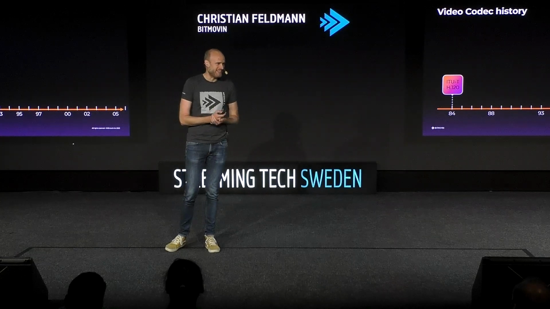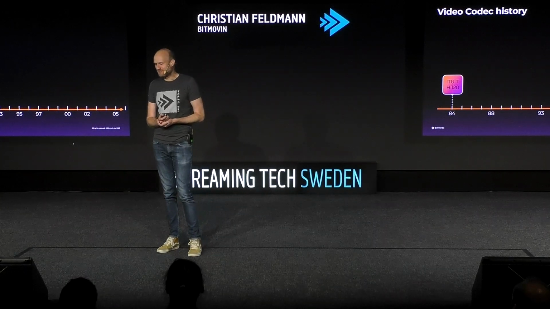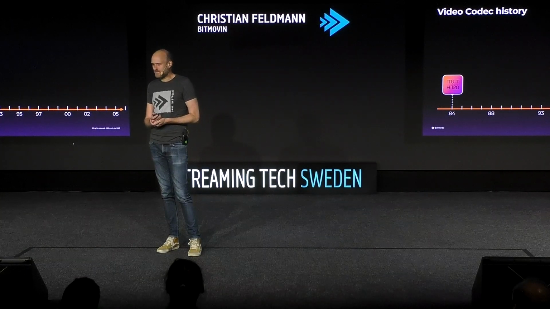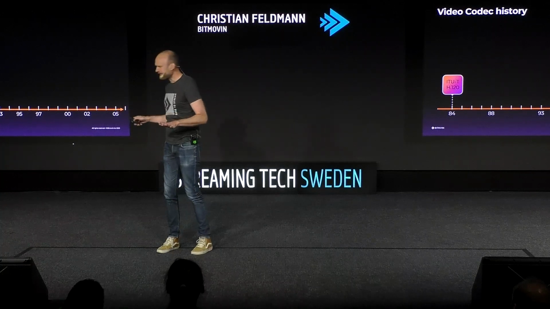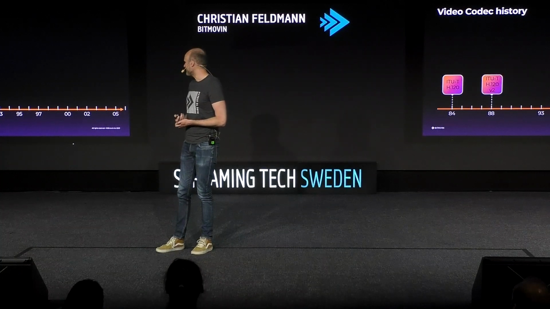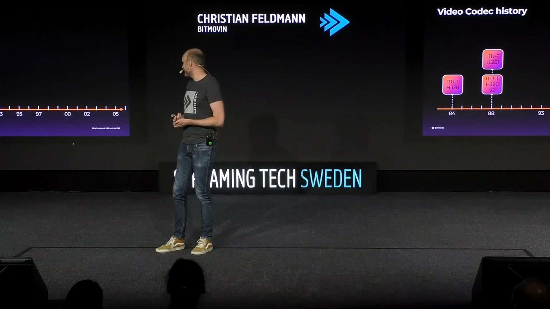I mean, if you remember 1984, computers plus video was not really a thing back then. Computers didn't get that far yet. So this was also a low-quality codec. It was more based on a DPCM scheme. It didn't really take off yet. It was improved a lot with the second version, but in that year, another standard came out from the ITU, the H.261. So the first codec in this 26-something series of codecs that you might know.